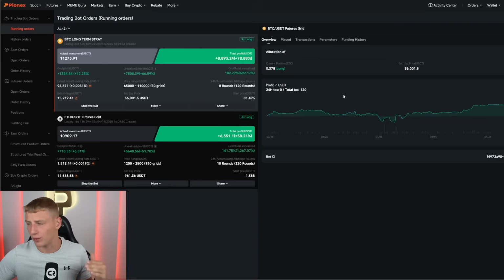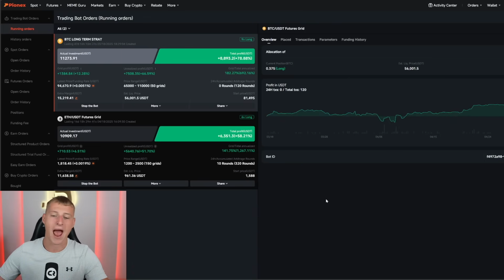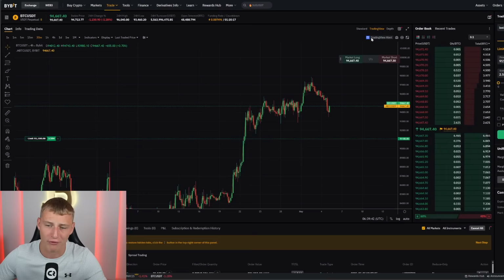The bot automatically accumulates along the way down and sells along the way up, and it slowly brings in all the profits you need. So this trading strategy will just continue until Bitcoin hits $110,000, and for Ethereum until it hits $2,500. For my trade, I'm currently having open here on